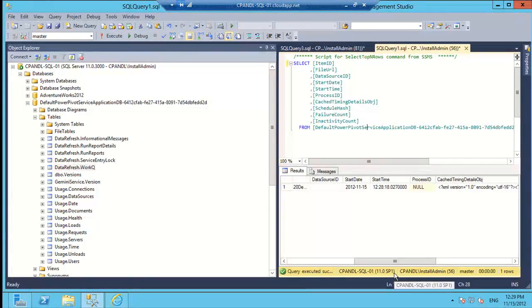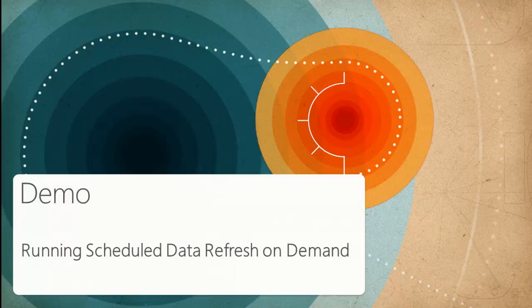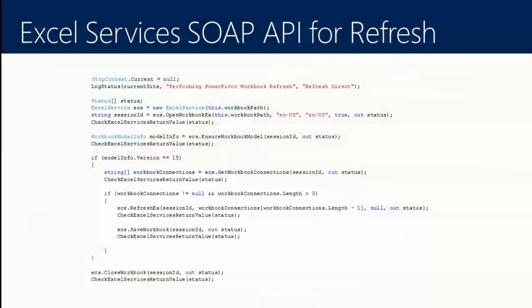Let's go to the other method which I promised you, or which I indicated. We also have a SOAP API now for a scheduled data refresh. This API only works inside of SharePoint. So if you build a SharePoint solution, if you want to build your own custom data refresh, this is how you do it. You grab the Excel services instance,